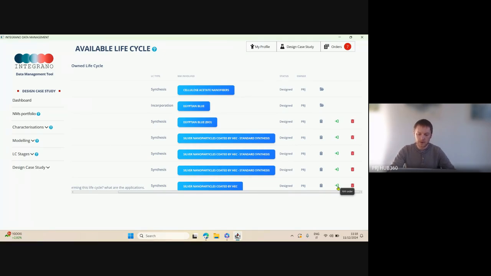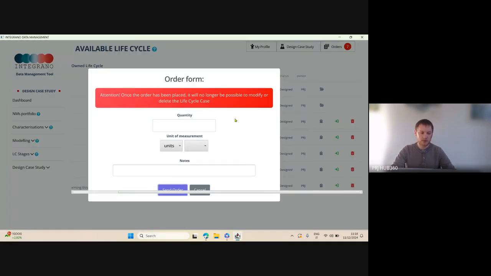So if we click on nanomaterial order, you can see we can request a quantity of silver HEC. So let's say 100 grams, and give the units there. So we're asking for 100 grams of silver HEC from the provider that we selected within the life cycle that we have just created. We can add any notes to accompany the order, and then we can click on send order,